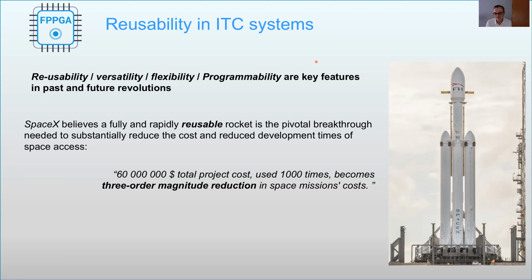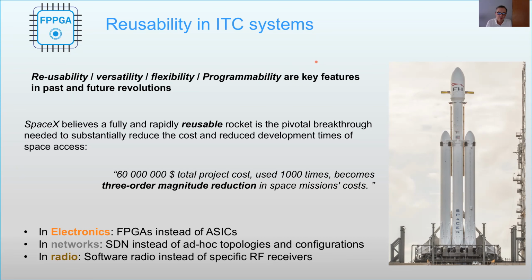On a different scale, in the size of systems, of course, but in other application areas, we find this concept of reusability in some information and communication areas. For example, in electronics, we know that field programmable gate array devices are used instead of application-specific integrated circuits. In networks, we are now very familiar with the software-defined network paradigm, where instead of designing ad hoc networks, we provide a general infrastructure and we operate and allocate the resources as they are needed by means of software. In radio, for example, we have software radio receivers which replace specific hardware receivers. Okay, so going a little bit further,